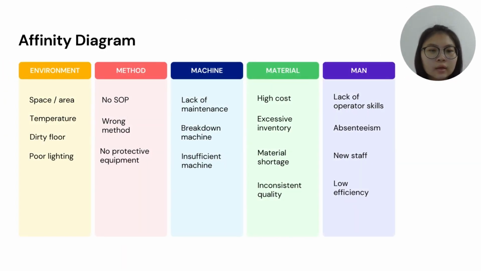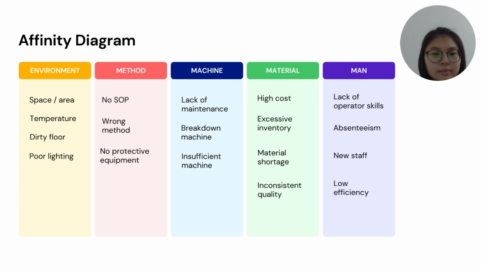Thank you. Hi, my name is Leong Xin Yuan. Now I will present the cause and effect diagram. We call it the fishbone chart or Ishikawa diagram. It has 5 main components, which are man, machine, material, method, and environment. Based on this diagram, the head of the fishbone chart is the main problem we need to focus on, which is